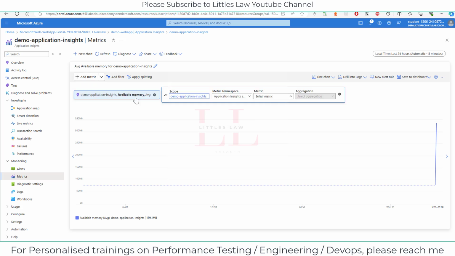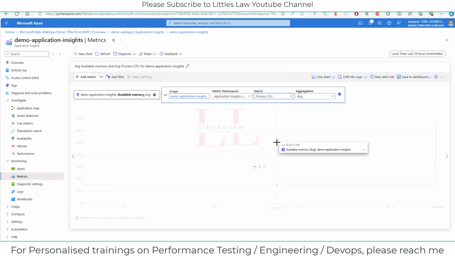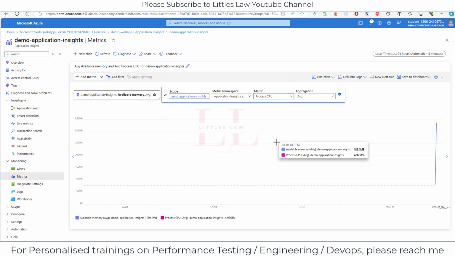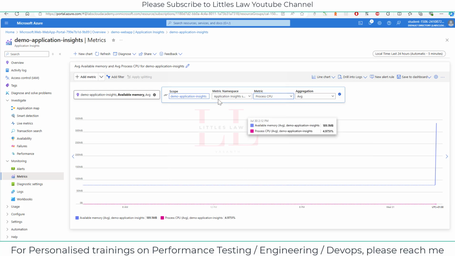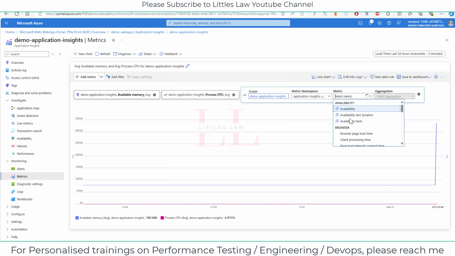memory during the test. And I can add another metric, which is the exception, the process CPU. So like I told you, in terms of performance testing, you can see it in the front page, I mean the monitoring part. But if you want to explore more in terms of both the client side and the server side, you can use these metrics here, and then the process CPU, the HTTP request rate, and so here the server rate,